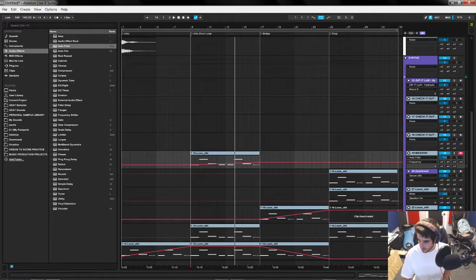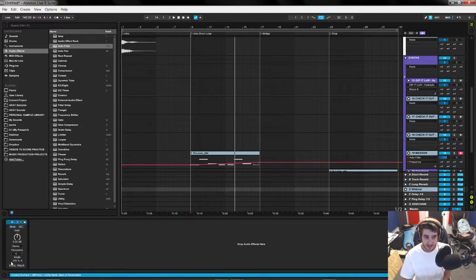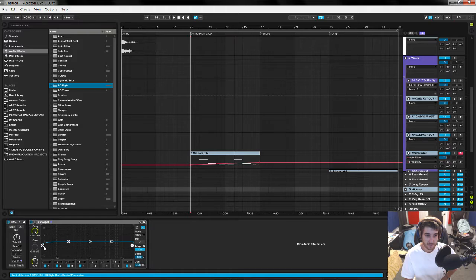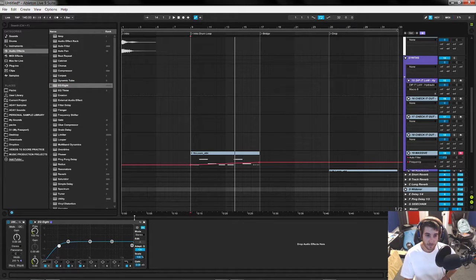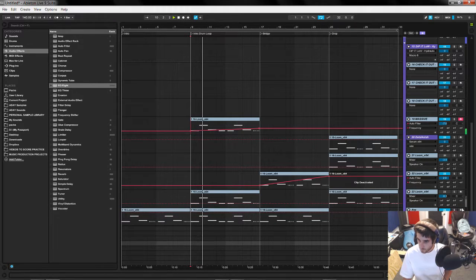Another cool thing I made in my returns was this widener. It's literally 200% on the utility, and that's it. I could add an EQ on here if I wanted to, just to make sure no low end is in there. I'm gonna keep it open so we can solo it, but I wanted to spread the ARP, so D. So it's only adding stereo.